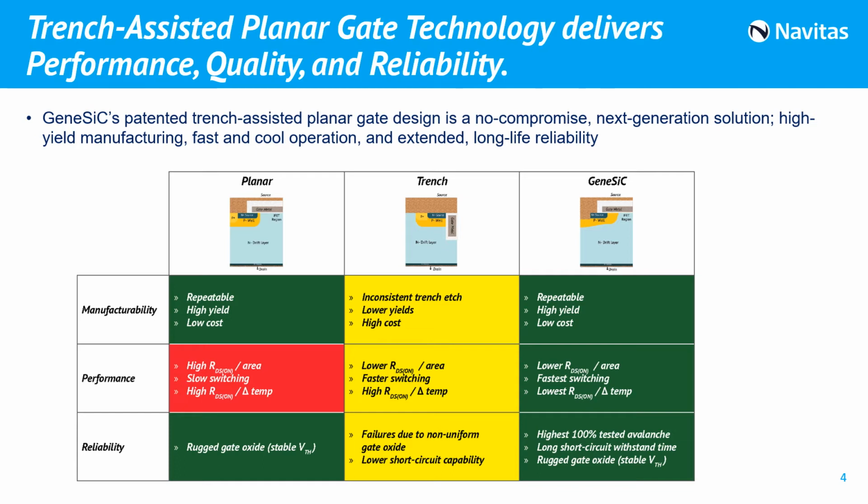From a performance standpoint, you have the lower RDS on per area, you have faster switching, but also you have a high temperature spread with RDS on. From a reliability point, the failures due to the gate oxide, laying down gate oxide on a trench surface is tricky, and this non-uniformity can affect the threshold voltage shifts, and additional to that you have a lower short circuit